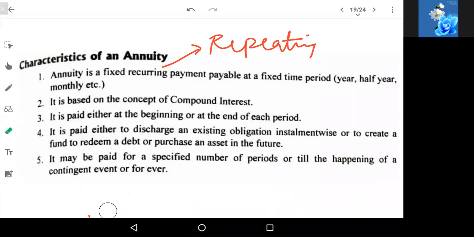Okay. You can talk about insurance, fire insurance. You keep paying the fire insurance money for the building until the happening of the event. If someday some company catches fire, they will have insurance to pay them back. Or the payment of the amount can happen forever, any number of years. That is annuity. Okay, so these are the characteristics of the annuity. Is it clear? Any doubts in the characteristics?